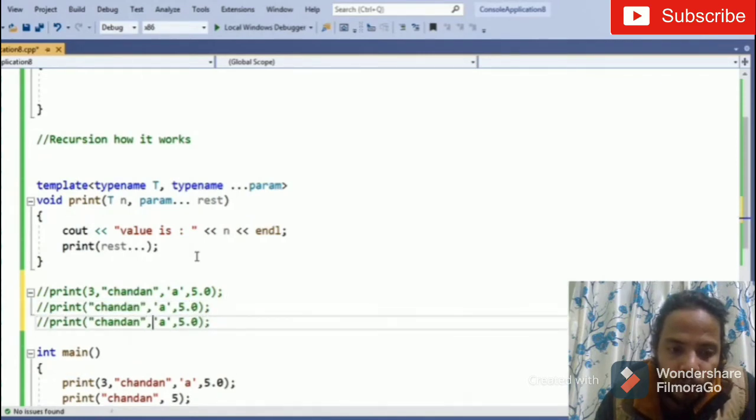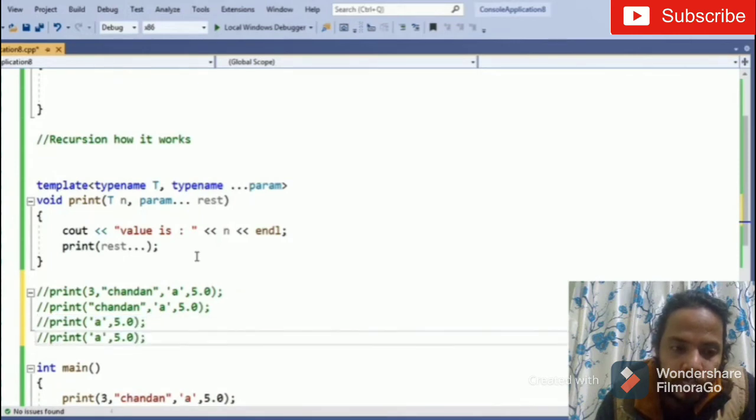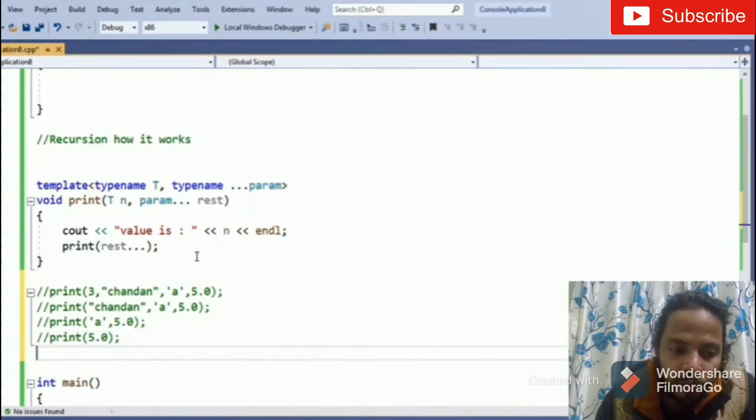Again the call will be made and Chandan will be printed, and then the call will be with A and 5.0. This will keep happening till we meet the ending condition, meaning the empty body. That's why we need to have this empty body.